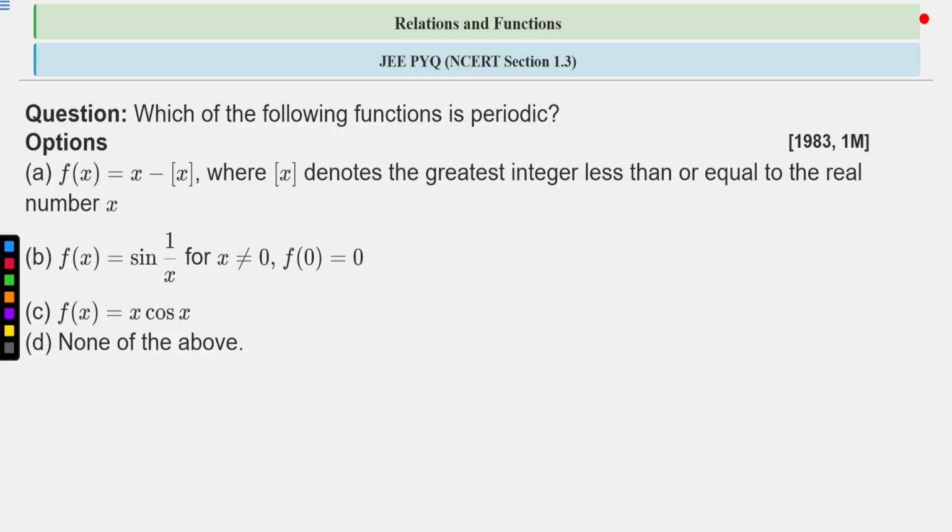So what is periodic function? Periodic function is basically the function which repeats its value after a certain interval. Many students are saying option A is correct. Let us see. Yes, you are right. It is the fractional part of x. You have 10 seconds to solve or think about this question. After that, we will discuss the solution part.